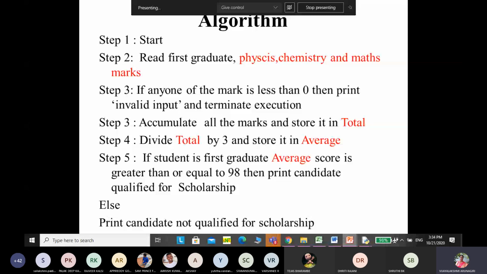Those who already wrote the algorithm, please write the pseudocode. Those who didn't write the algorithm, please copy it.